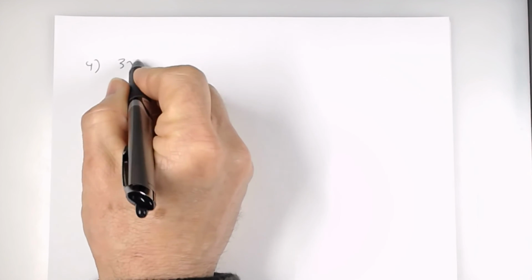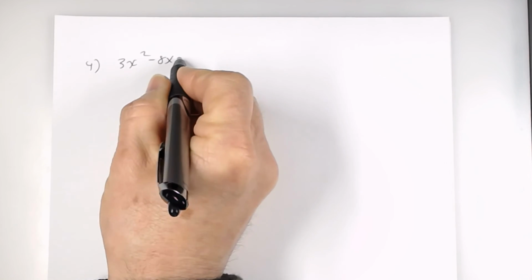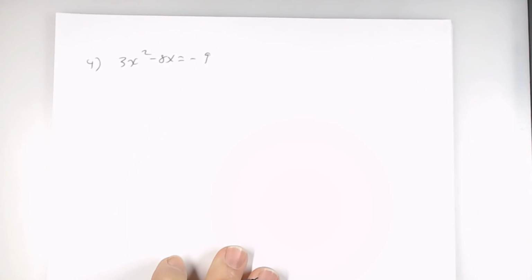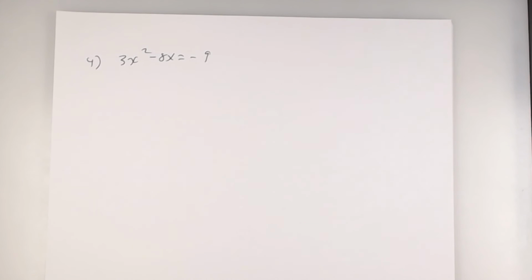Three x squared minus 8x equal negative 9. 3x squared minus 8x equal negative 9. All right. So